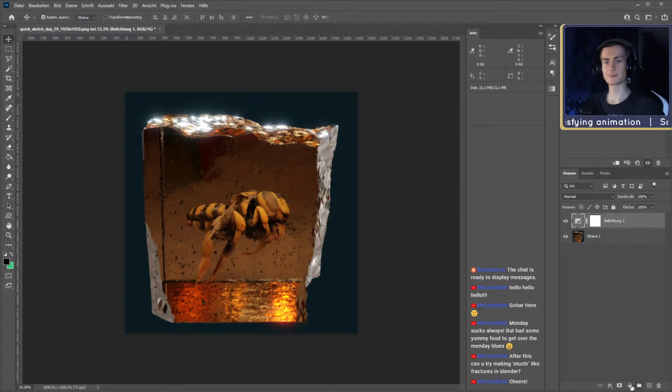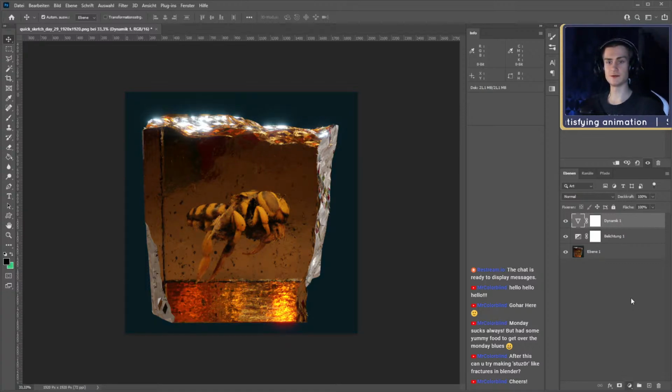Yep, okay. Next up, we use the dynamic adjustment layer to bring in some more saturation. Or dynamic, I don't even know what you would call that. I guess there's a different name for it in English. In the English version, I might switch to that at some point. And then we don't need the saturation. I think it's quite saturated already.